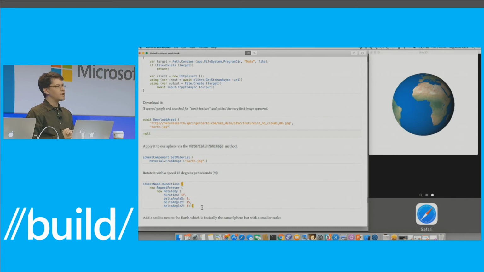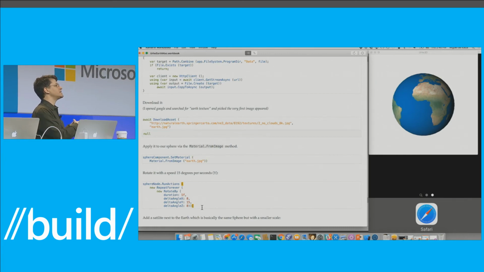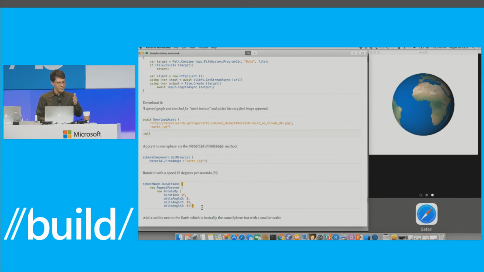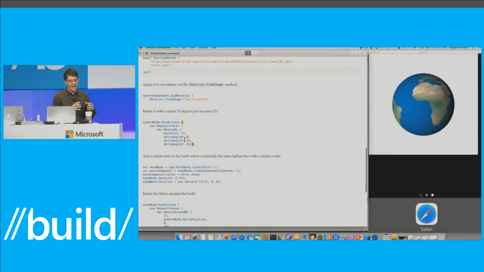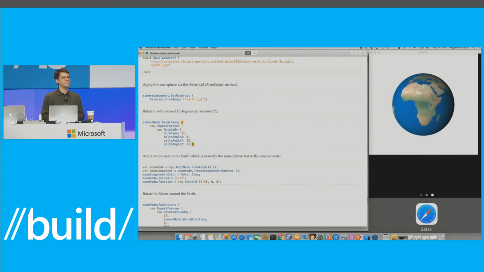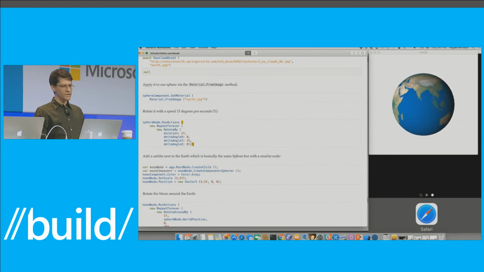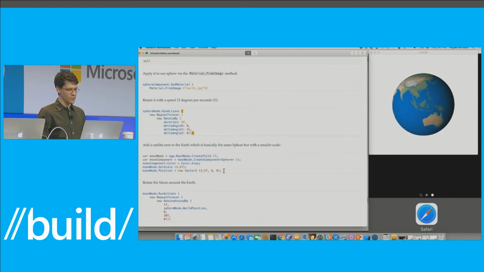And then I'm going to run an action. Actions are things that we borrowed from Cocos 2D. It allows you to create very simple animations on your product. So in this particular case, I'm going to add an action that repeats forever, that rotates the object. I'm going to say it's going to rotate over 1 second, and this is how much it's going to rotate. So now I got my planet rotating, right? You can imagine already, I'm going to use this in HoloLens. Yes, you will. Yes, you will.